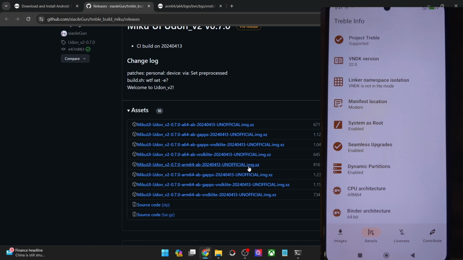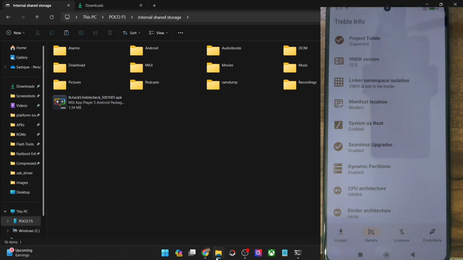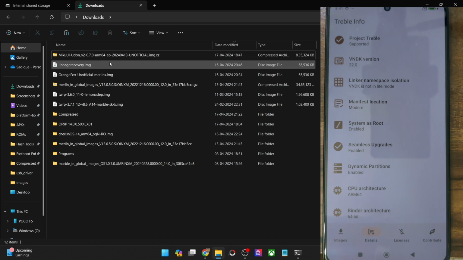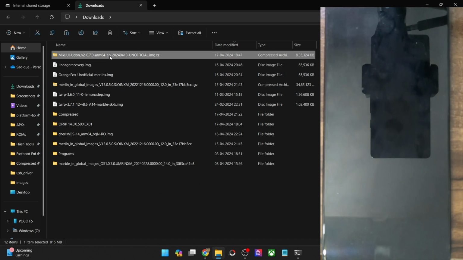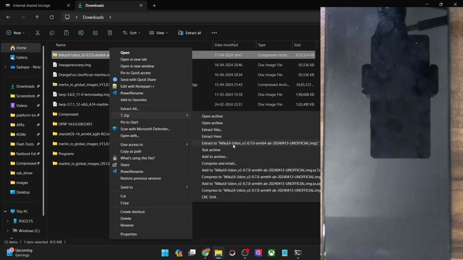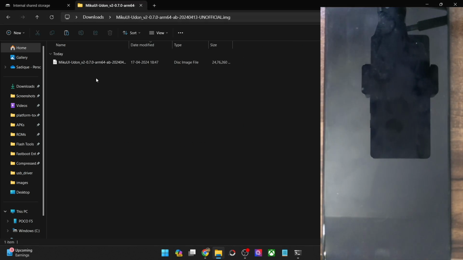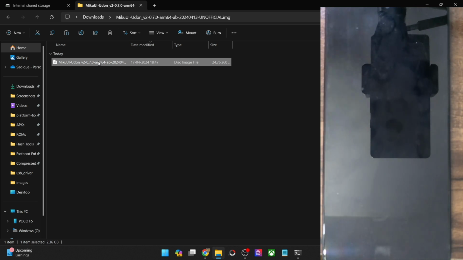It's quite small, and after that you may install the required GApps packages one at a time or by doing a side load. Anyways, as of now, I am just installing the non-GApps packages. So get hold of the ROM file from here, and once you have got the ROM file, extract it onto your PC. For extraction, you may use the 7-zip software. Right click on it, select show more options, then choose 7-zip and extract to MIUI, and it will take only a few seconds. Once that is done, you will now have to copy the GSI file inside this folder, the MIUI, and transfer it inside the platform tools.